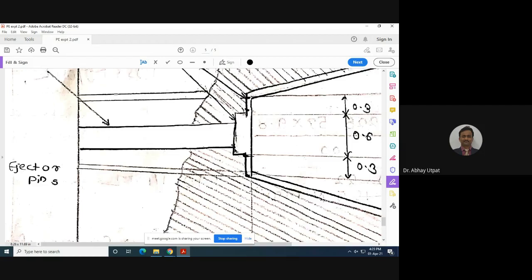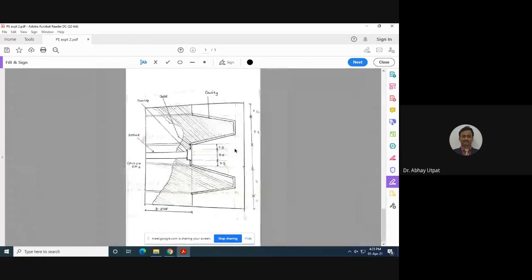If you increase the length of the sprue, the thickness of the mold plate will be increased. So you have a limitation on the length of the sprue. So this is the length of sprue, and it is 8.676 calculated. And now in this plate, there are ejector pins. See here, where I am moving the cursor. This is one ejector pin, another ejector pin, third ejector pin, fourth ejector pin.